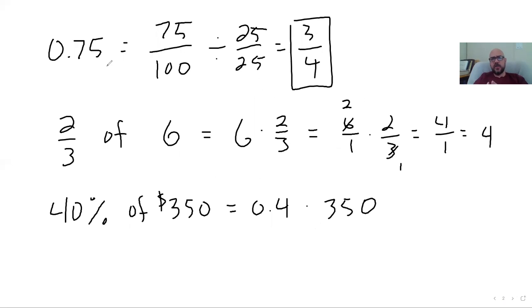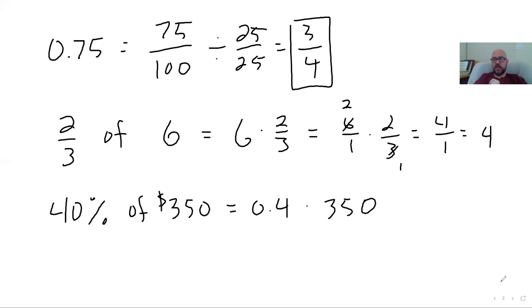To turn decimals into fractions is kind of a pain in the neck, to be honest. But the way you do it is you identify the number of decimal places that you have and use that as your denominator. So 0.75 has 2 decimal places, so I need a number with 2 zeros, so 100, and then I reduce the fraction. And then for a fraction of something or a percent of something, the